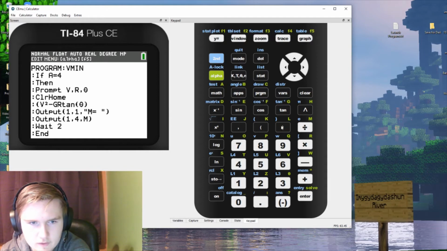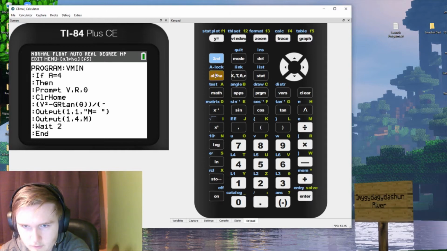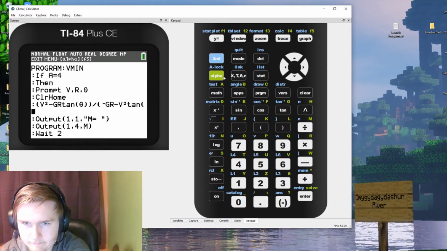Close that with 2 parentheses and divide by, open parentheses, negative GR minus V squared tan of theta. Close that with 2 parentheses. Store it to M,